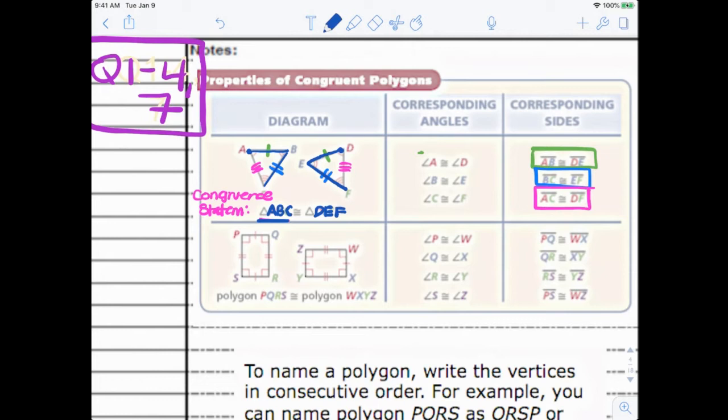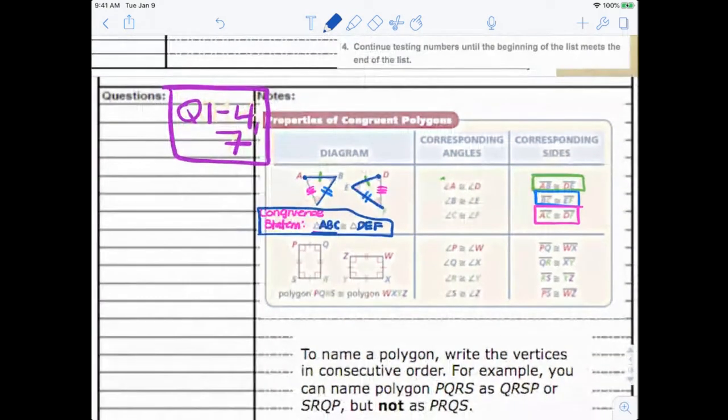So when we write congruent statements, they really have to align with what my corresponding sides and what my corresponding angles are. So if I'm given congruent sides or congruent or corresponding angles, I can write the congruence statement. So for example, here, if I would have just been given instead